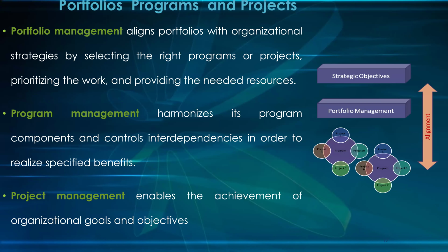And we've got portfolio management, program management, and project management. So when you get into project management, you will be hearing those terms: portfolio manager, program manager, program director or portfolio director. Don't get confused when you're hearing all of that, because